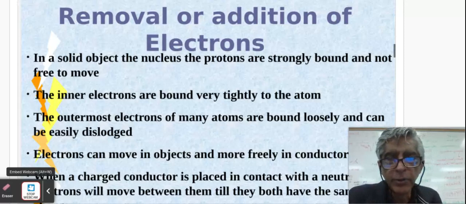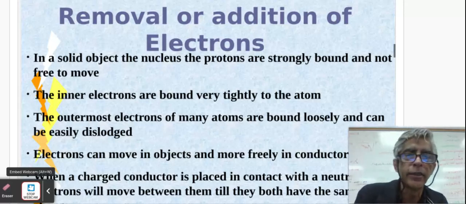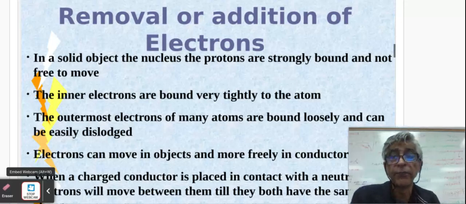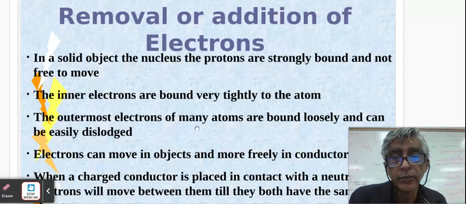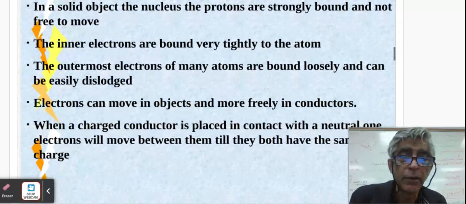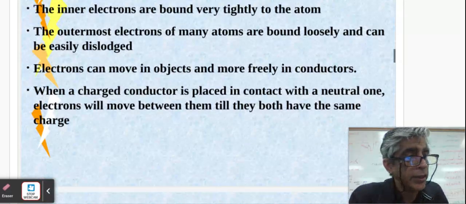I want it to be really clear in your heads that the protons don't move. Okay, they're kind of stuck. They're the centers. The electrons are those loose guys on top, especially the ones that are far away from the nucleus, and they can be easily taken out. So here you go. The outermost electrons of most atoms are bound loosely and can easily be dislodged. Now we'll see the difference between conductors